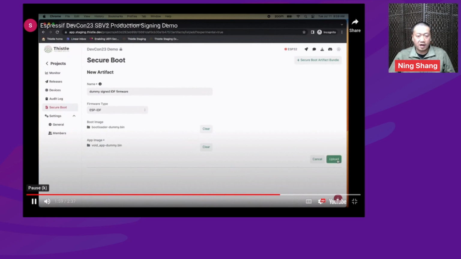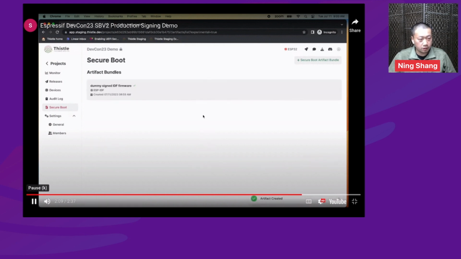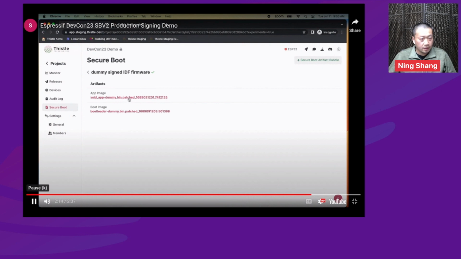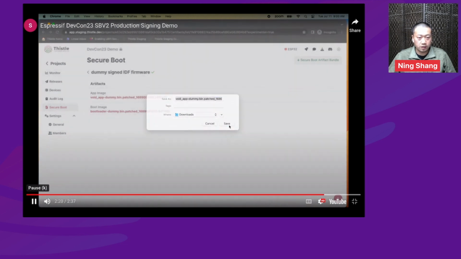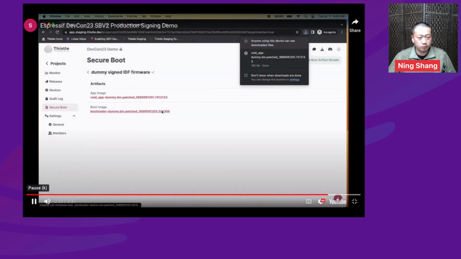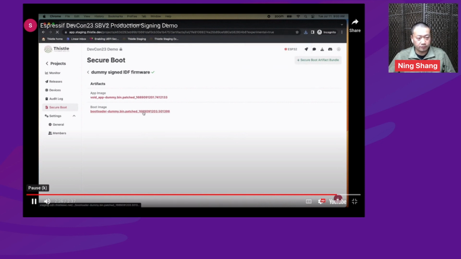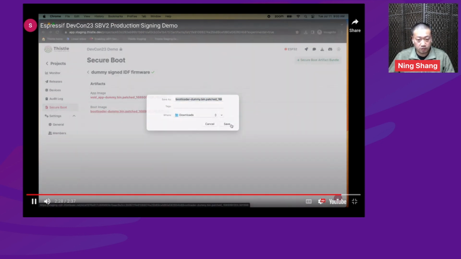Once we click on the upload button, the backend will start processing these images, doing the signing and the patching, and put them in a place for you to download. Now the signing is done. These two production signed and patched images are available for you to download, and they are readily flashable to your unfused or Secure Boot enabled devices to enable Secure Boot.